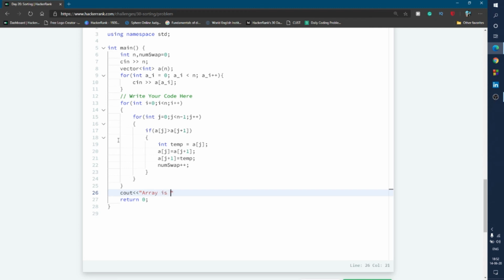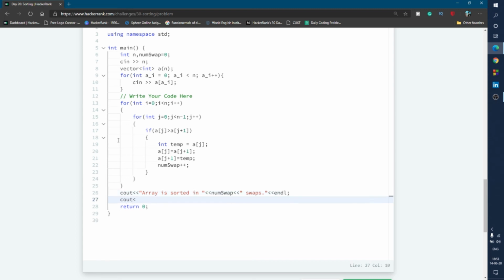After that you simply write 3 lines of code, cout and then "Array is sorted in" and then num_swap, and after that you write "swaps." and then endl.